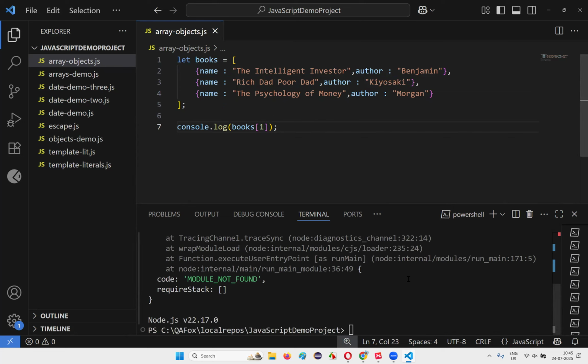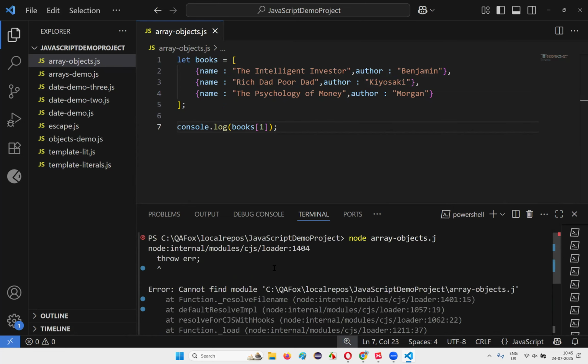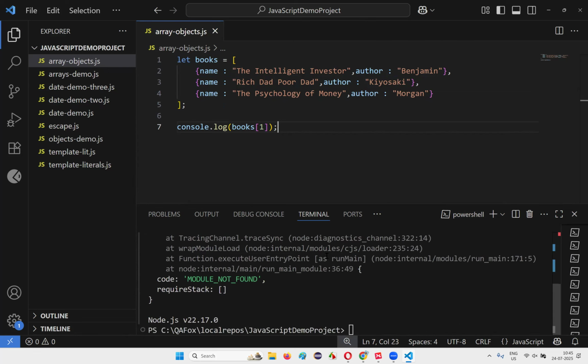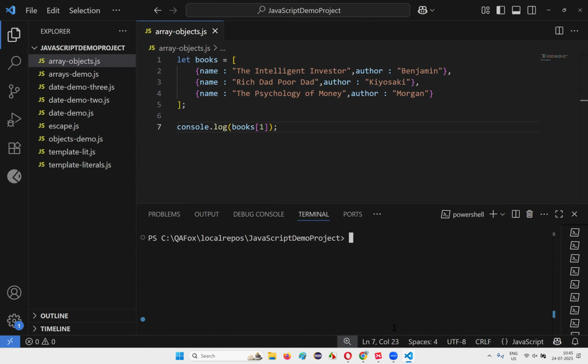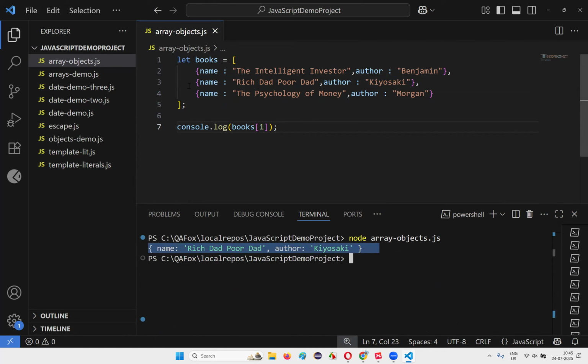Books of 1. There is a problem. What is the problem here? Okay, there is a mistake. Just node array-objects.js. You see, now we got it, right? We got the second object which is at the index 1. So if I want to